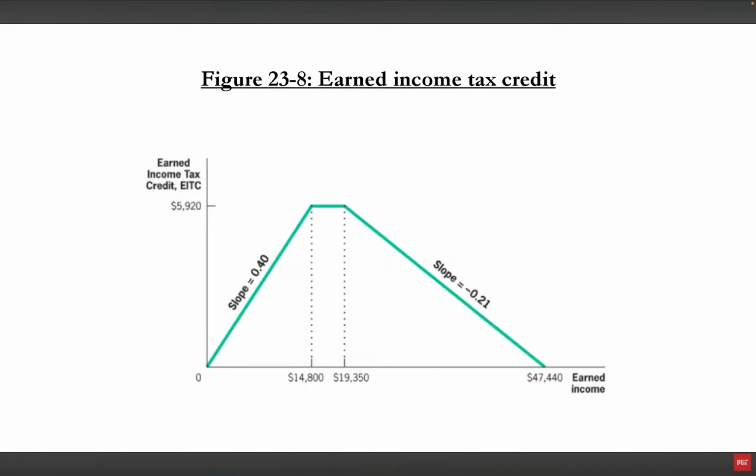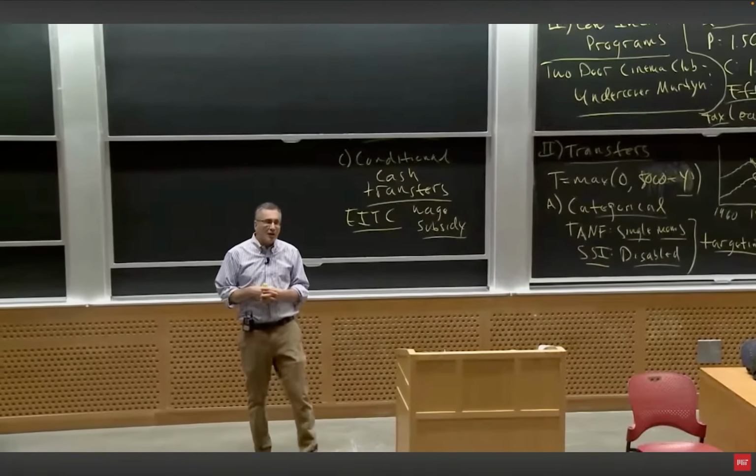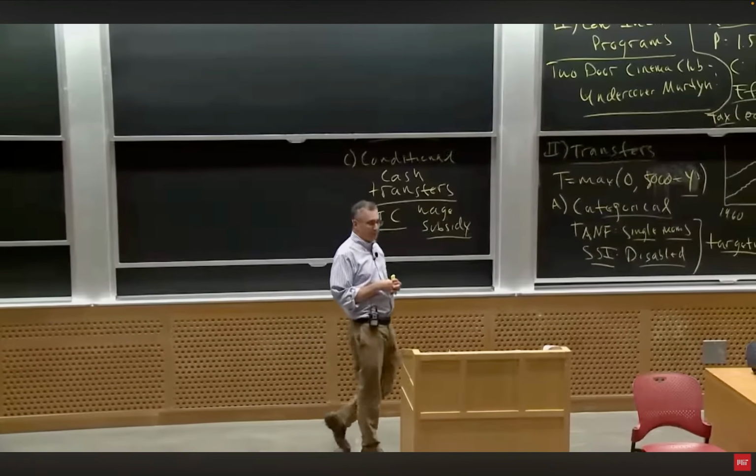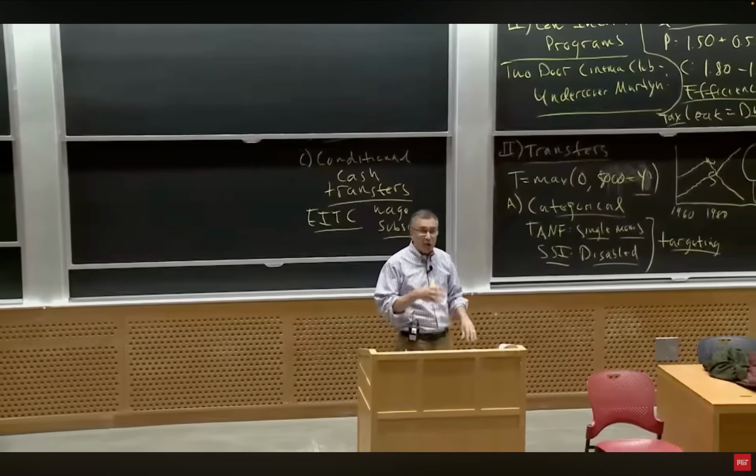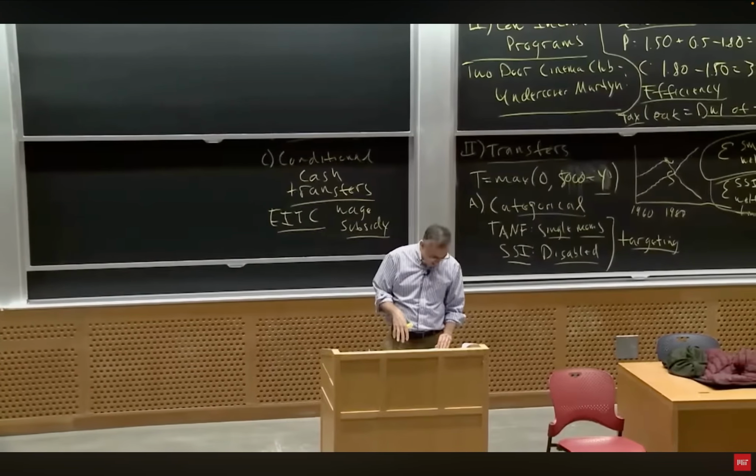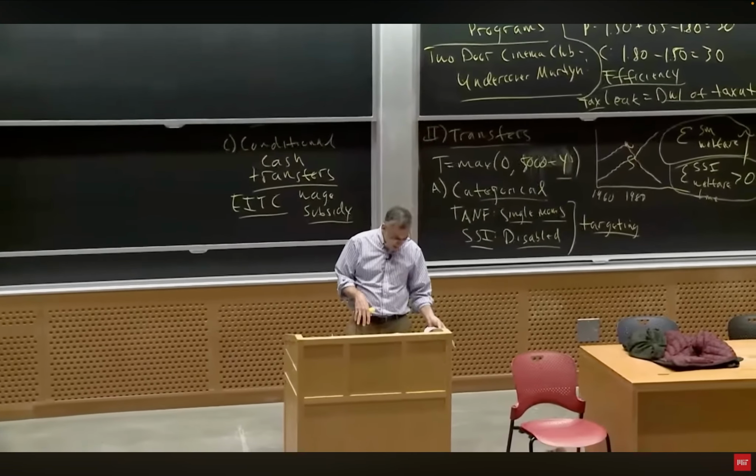Why? Because they don't want this money to go to everyone. They don't want it to go to low income. So by the time your income's $47,000, you're done. So the idea is targeted to low income groups. So you give these low income people money, but then as their income goes up, you take it back away. Now,